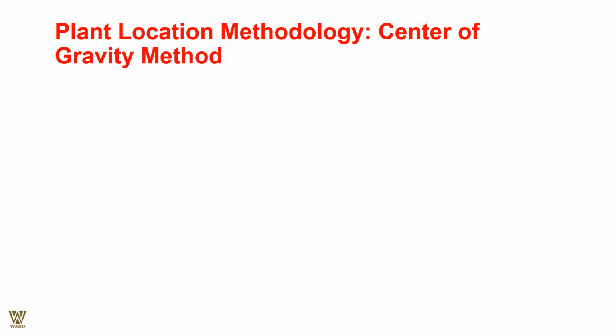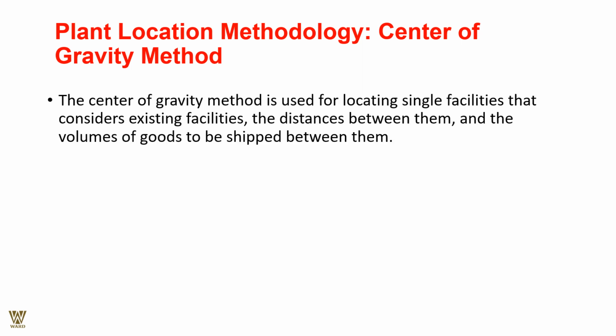So, the location of the center of gravity method, we come forward quickly, is used to locate a single facility that considers existing facilities, the distance between them, and the volumes of goods to be transported. Every time, we need to understand the distance between. There is a single facility, and then we will have the other satellite facilities that come around it. From here, what are the distances that come around it, and what will be the places that need to be